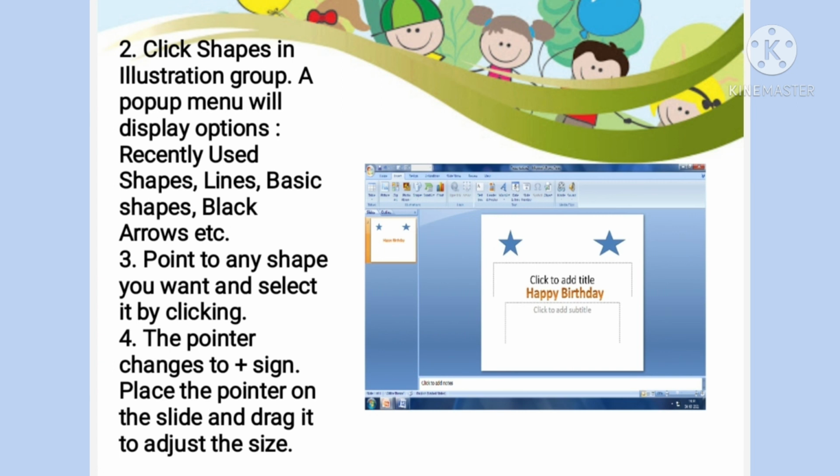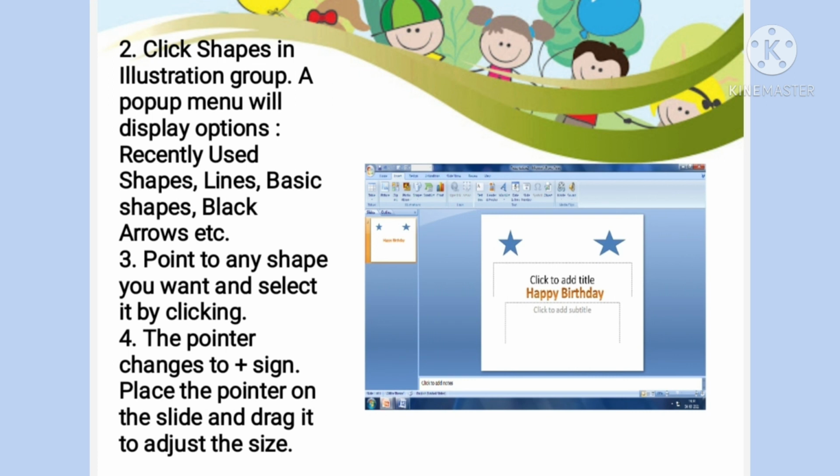A pop-up menu will display options: recently used shapes, lines, basic shapes, block arrows, etc. Third step, point to any shape you want and select it by clicking.